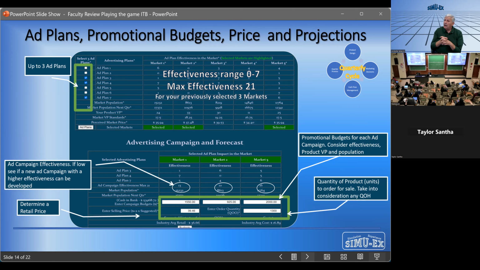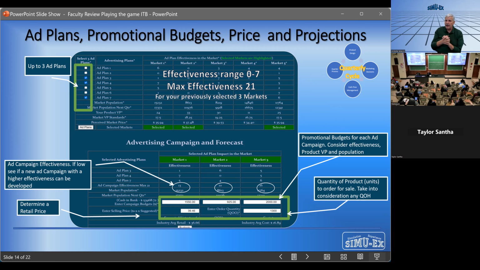Once we get to the marketing screen, we are looking at what and how we should promote the product. We promote the product by creating an advertising campaign. An advertising campaign is made up of 3 advertising mediums. In your simulation, it uses generic classifications: ad plan 1, ad plan 2, 3, 4, and so on. Now, what does an ad plan mean? Let's assume the ad plan was social media on the internet. Social media may be very good for a consumer-based product,